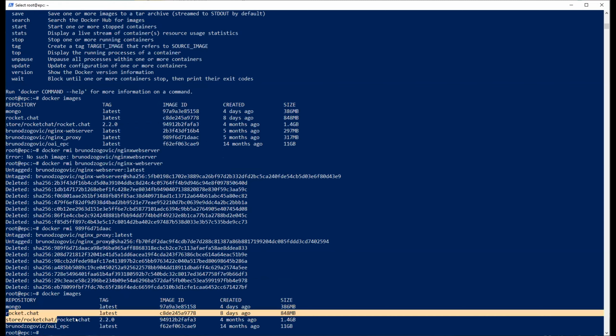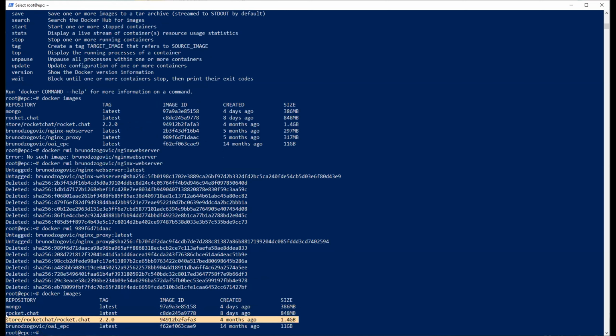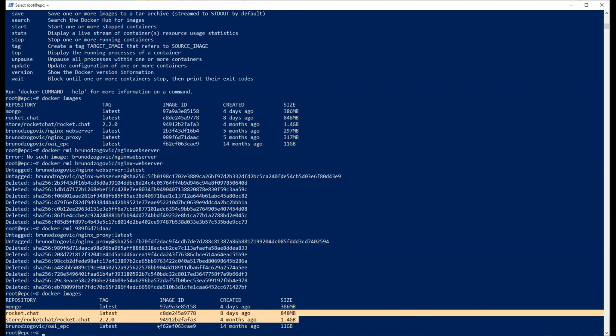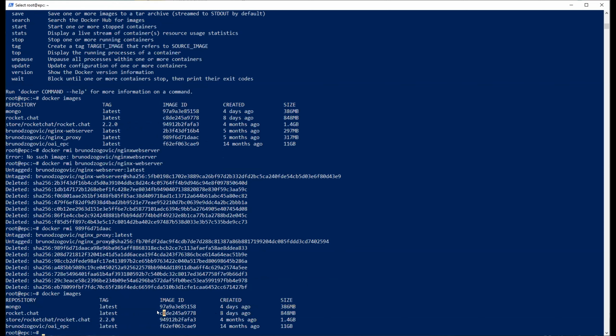This is the Rocket Chat. I was preparing to make this work. I didn't have enough time, but we still use Zoom. In any case, you can deploy Rocket Chat in Docker and Kubernetes in just a short time, and it will be up and running in no time. So that's the beauty of this stuff.